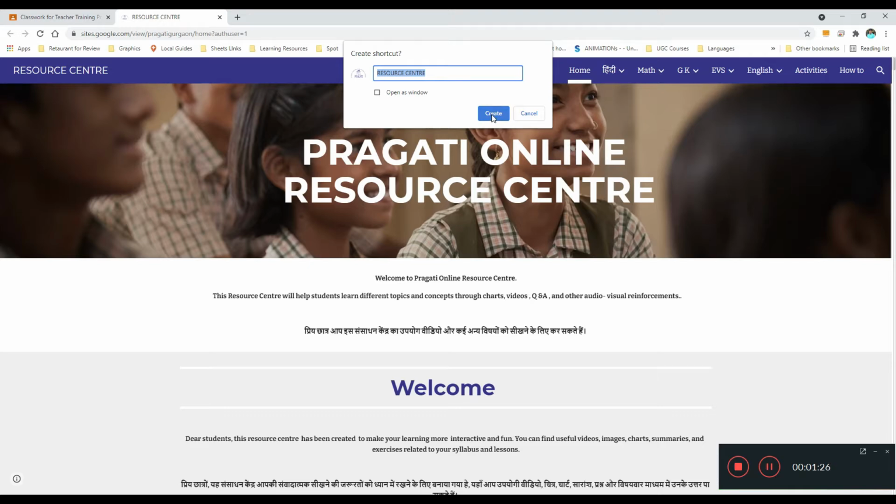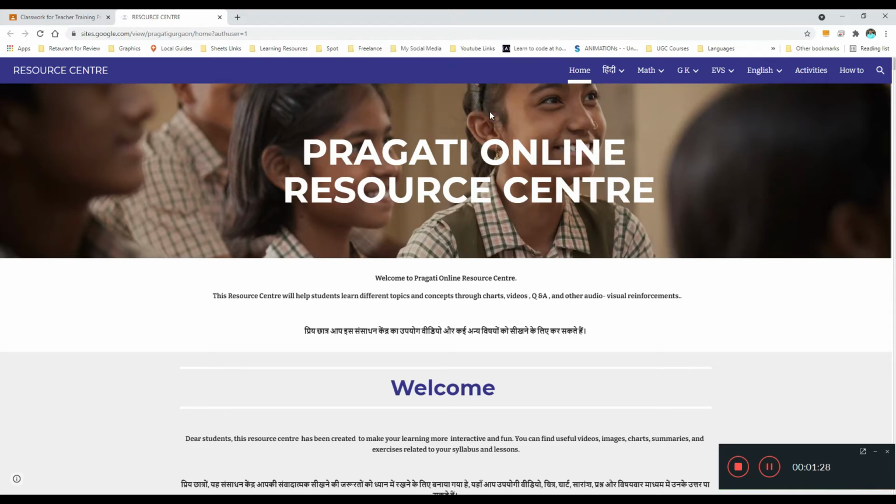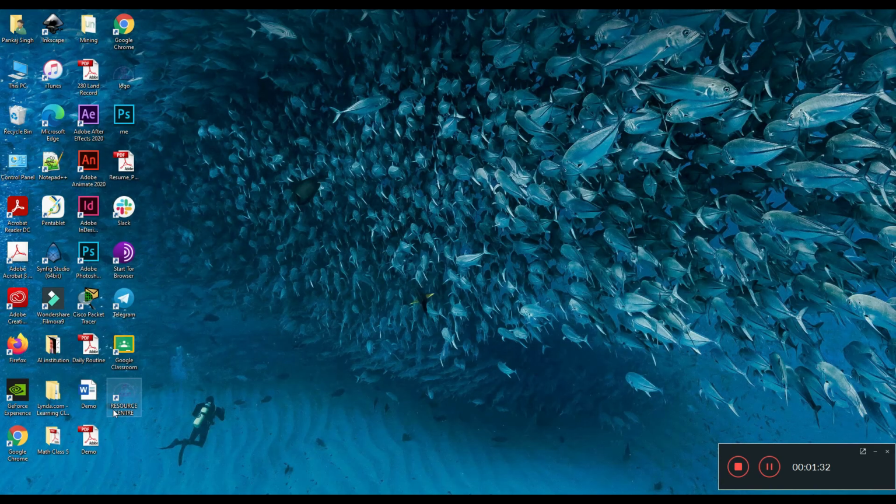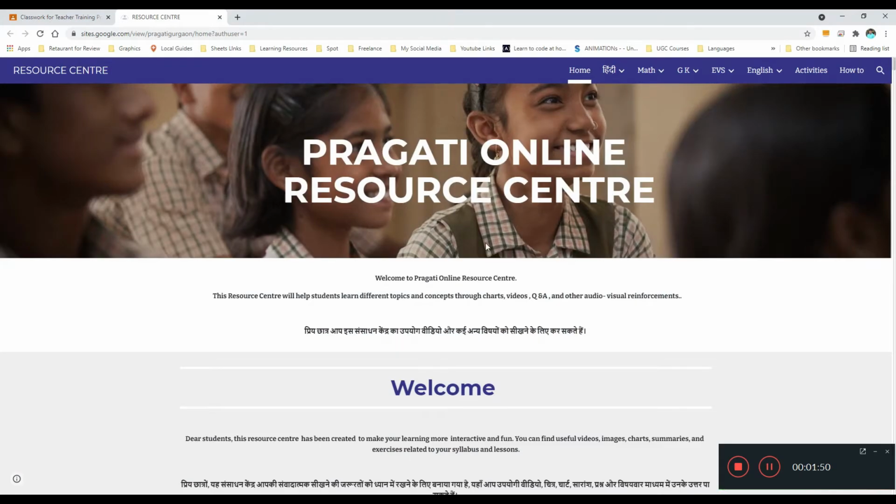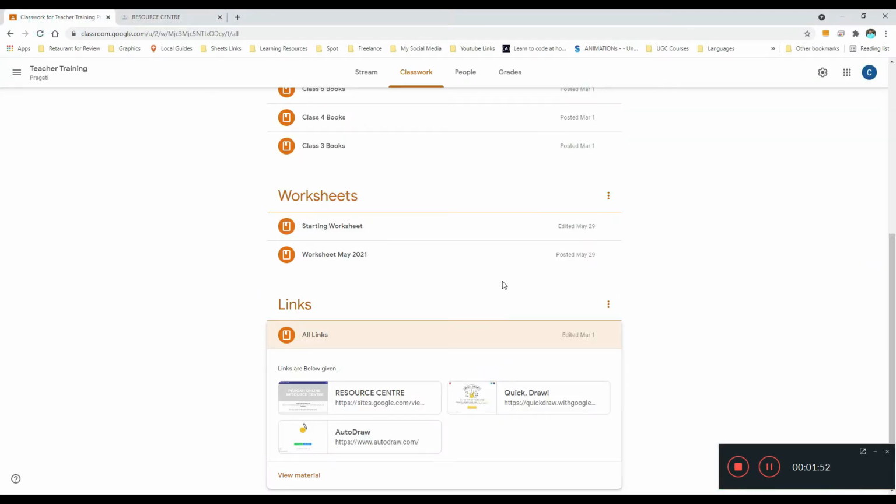Simply click on create. If you click on create, you can find that an icon will be added on your desktop. The resource center icon will be added on your desktop, just like Google Classroom. So I hope everyone can make an icon on their home screen or even on the desktop by using this method. Now I am going to move on to how to create a quiz assignment using